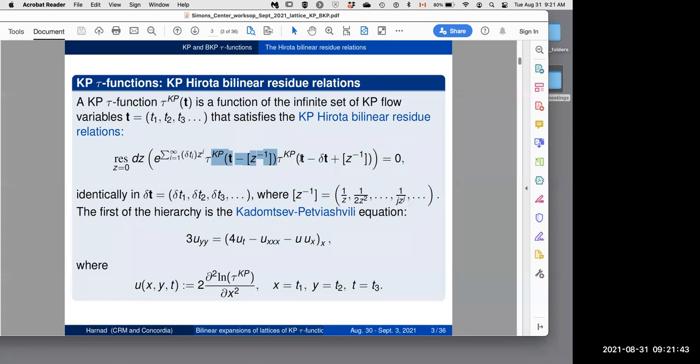You take another parameter, which is sometimes called S. Here it's T minus delta T. You write down this formal residue relation, which means that the 1 over Z coefficient in the formal expansion of this product is equal to 0, and that gives you identically, in the delta T variables, the infinite hierarchy of KP hierarchy equations, of which the first is the KP equation itself, where U is the second logarithmic derivative of the tau function. Okay, so that's standard, and